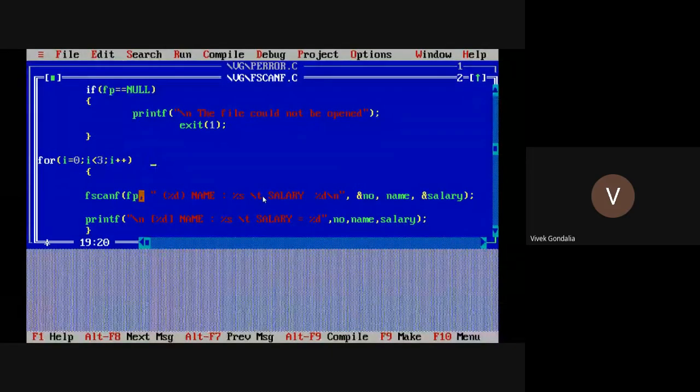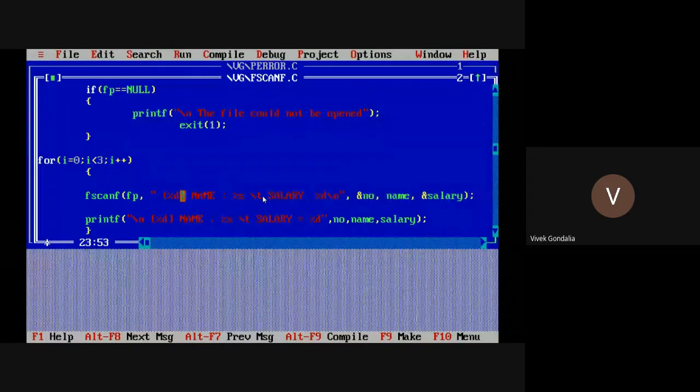First, what is the syntax of that? See this. First you have to write the file pointer. Which file pointer have I taken? fp. So you have to write fp. After that you have to specify the formatting you have used in your file. We have seen in the file, first the number will be in the bracket, so I have to write in the bracket %d. After that the name, %s. So this is my name. After that some space was there, so that's why I kept the \t. After that the salary, and %d.